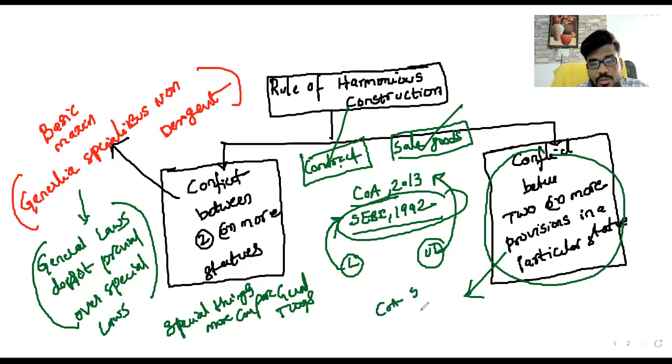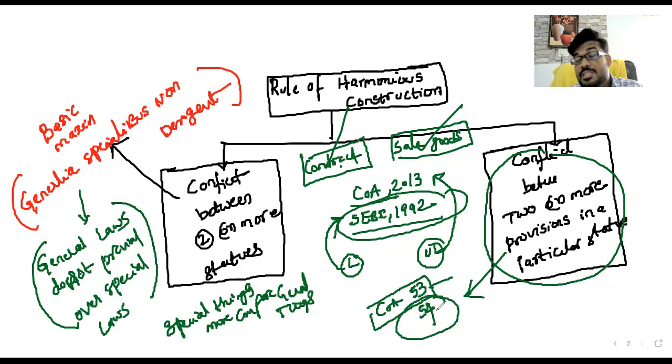Sir, you know about the Companies Act. Section 53, you know about that. Section 54, you know about that. Section 53 clearly says there is a prohibition on the issue of shares at a discount. Section 54 says you can give shares at a discount, meaning sweat equity shares, to existing directors and employees for their value additions.